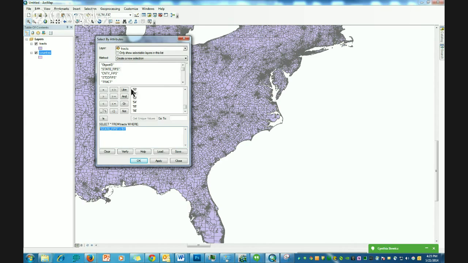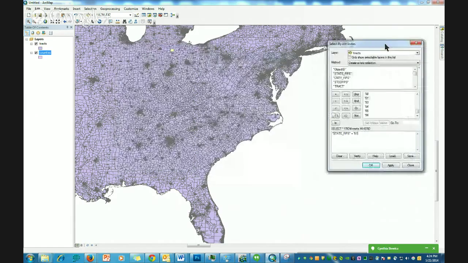Now I want you to pay special attention to how there are single quotes here surrounding these numbers. The single quotes identify that this is a string field, and it's really important that if it is a string field, you incorporate these single quotes. Otherwise the query will not work. So all string fields, which are also known as text fields, have single quotes around them. Numbers do not, and field names have double quotes. These are very important things to remember, and if you can't remember them, the easiest solution is to just use the items from this dialog box so that the proper syntax is filled in. So to make sure that this query works, I'm going to hit Apply,